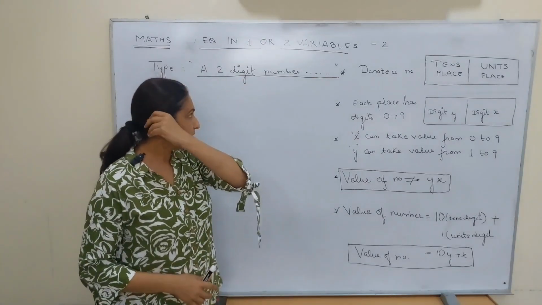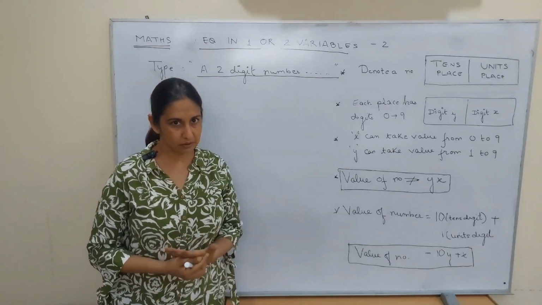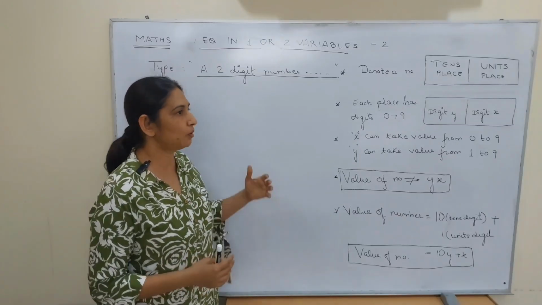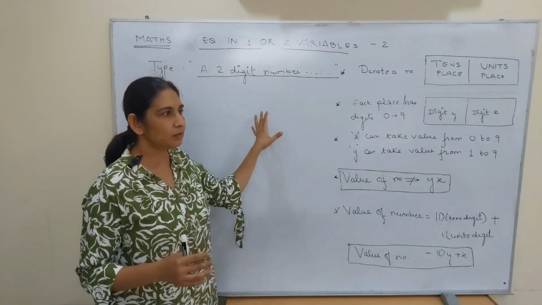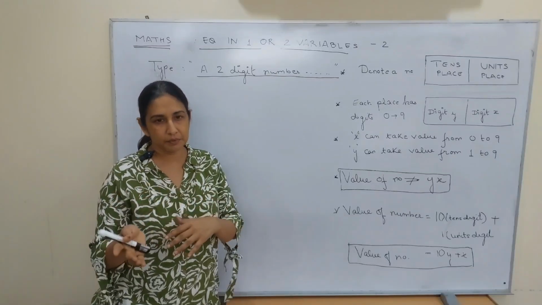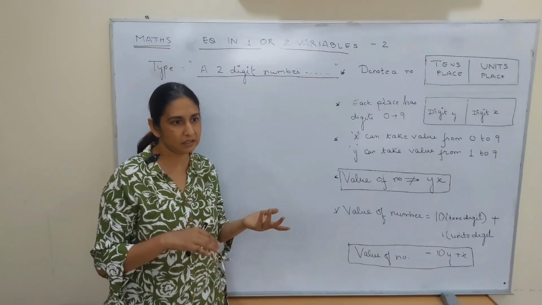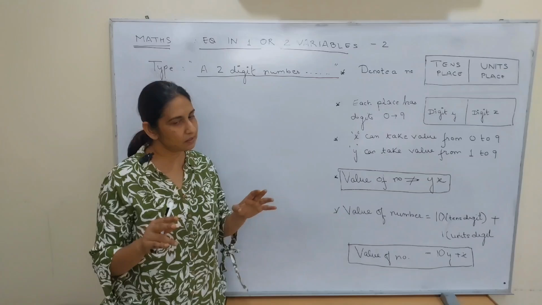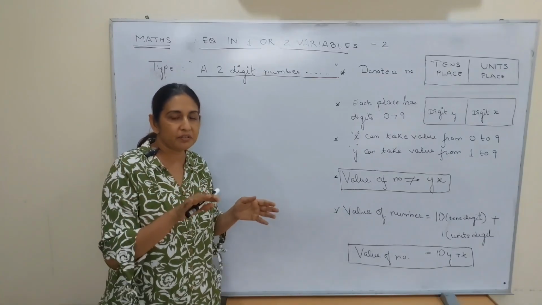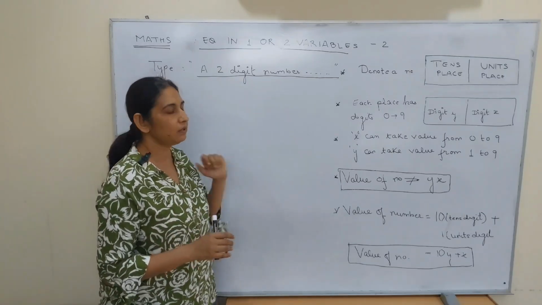Today I'm taking up the topic of maths: equations in one and two variables, some word problems, and a specific type of word problem where the typical questions are a two-digit number, the digits are reversed, and this happens and that happens. It becomes 5/6. It becomes less than 20. It's something to do with two digits and the reversal of digits, or the digit is reduced by 5. Something like that happens. So those types of questions we're trying to handle.